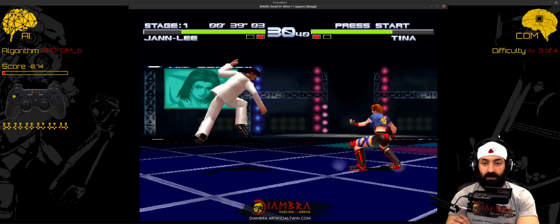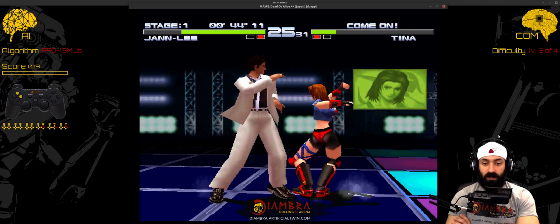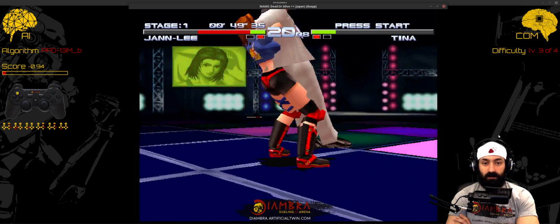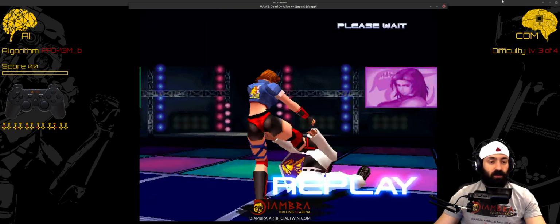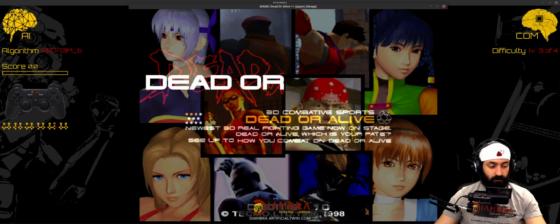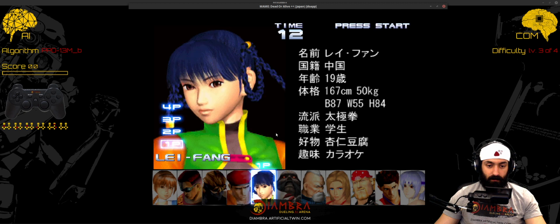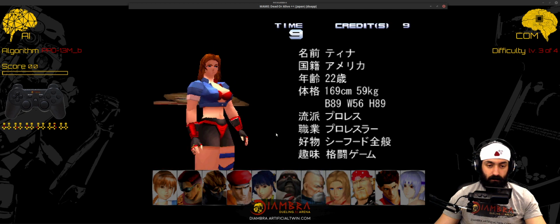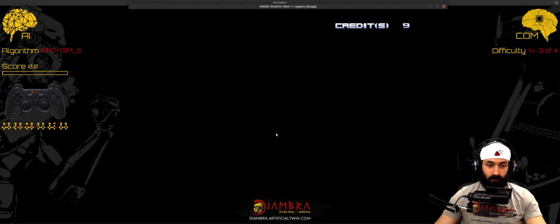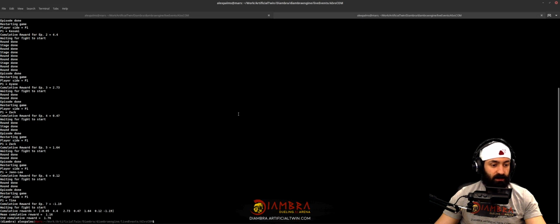So let's see, we are almost there. This is the last run. We are at stage 1. We lost one round. That is usually not something you should expect with the trained agent. We are almost there, guys. We lost it. So let's see the average. We're going to see it pretty soon. Okay, this is going to be stopped. Okay, and so let's see, the average is